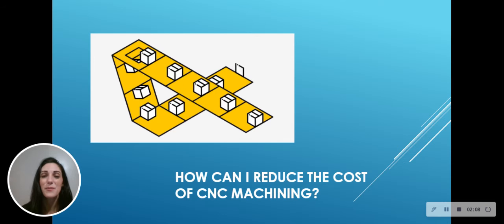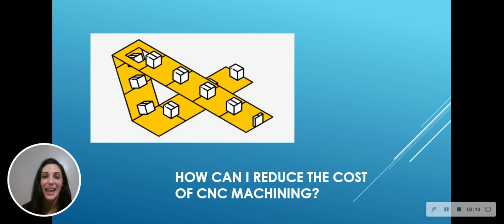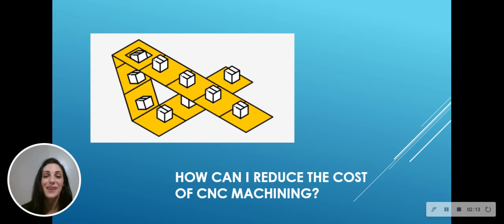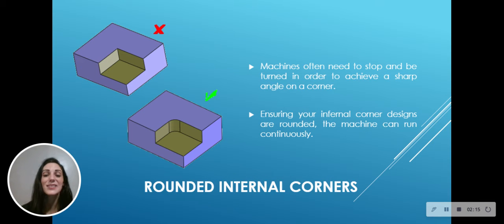So, how can we reduce the cost of CNC machining? At Heisel, we recommend several things, the first of which is using rounded internal corners. Machines often need to stop and be turned in order to achieve a sharp angle on a corner. Providing relief to corner pockets can avoid this and can reduce the time and steps it takes to produce your part. Ensuring your internal corner designs are rounded, the machine can continuously make your part and run continuously without stopping,